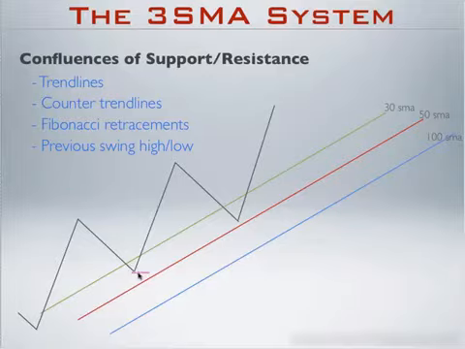Now, that doesn't mean that I require my retracement to touch right to the pip either the 38, the 50, or the 61% retracement. As long as price falls in between the 38 and the 61,